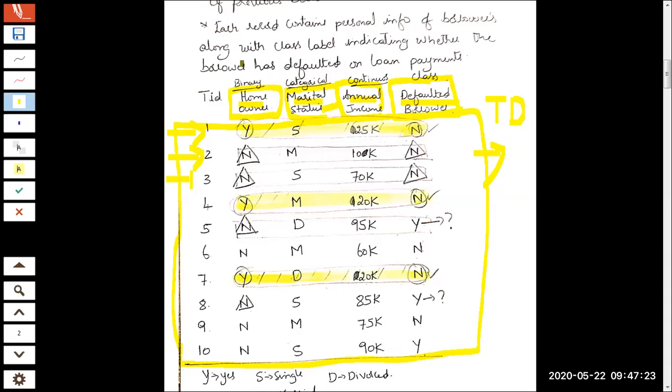So whether he is having his own home. Different values have been entered. You can see it is a binary attribute. This column one is a binary attribute. What do you mean by binary attribute? The attribute has limited values, in this case specifically only two. Whether he has his own house or not can only have two values, yes or no. So that is binary.